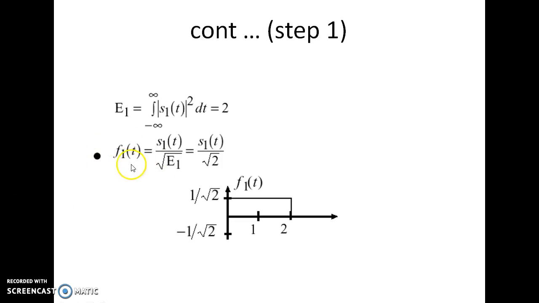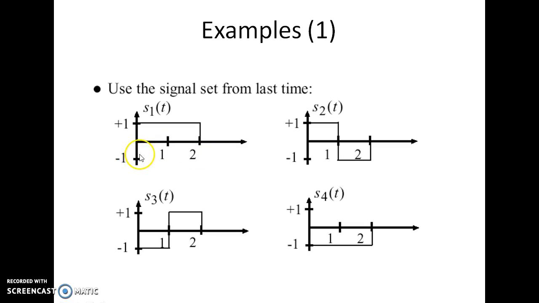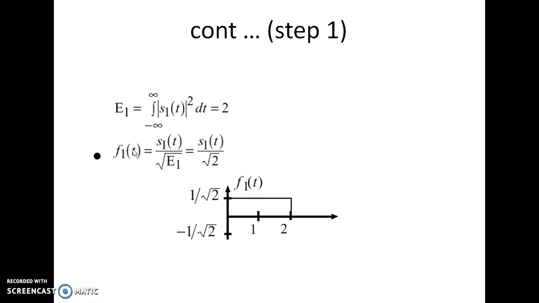Over here I have denoted it by f1(t). The first basis function is the first signal divided by the square root of its energy. The energy of the first signal, directly applying the formula, is the integration of S1 squared(t) over the complete duration. The answer comes out as 2. For the first basis function, divide the signal by the square root of its energy. You will get S1(t) divided by the square root of 2. So phi 1(t), the first basis function, I can easily draw. Whatever was S1(t), just divided by root 2. S1(t) was lying from 0 to 1, so directly it will be 0 to 1, only the amplitude will be divided by the square root of 2.